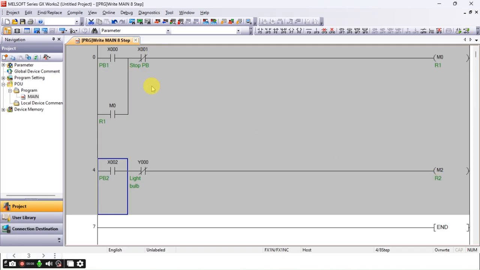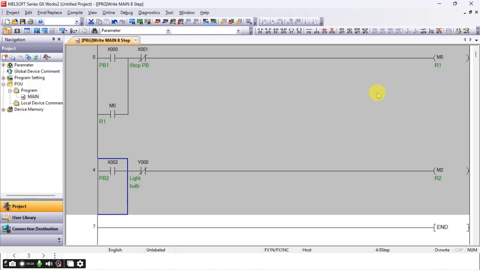So this is not yet complete, because when I start to simulate and press the push button, the relay function will be energized and it will perform the latching function, and the interlocking will also be performed.